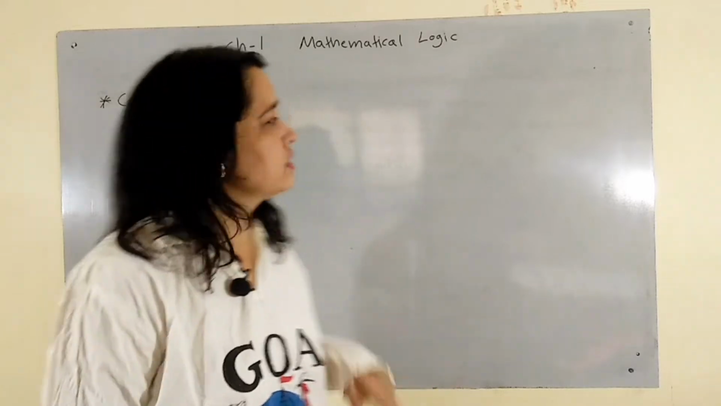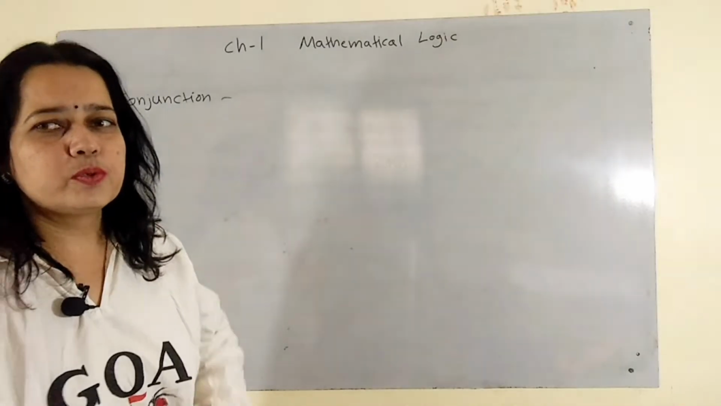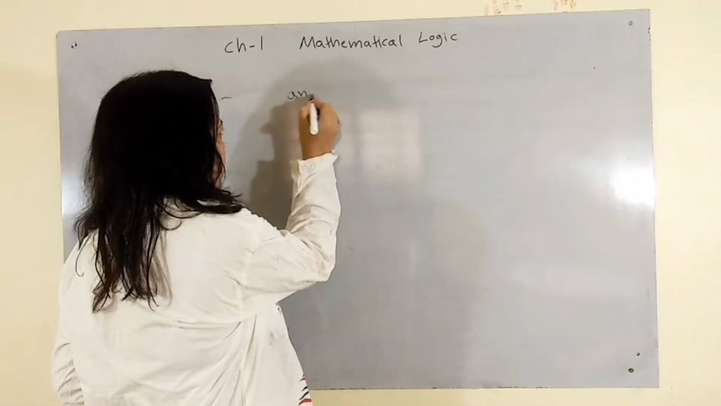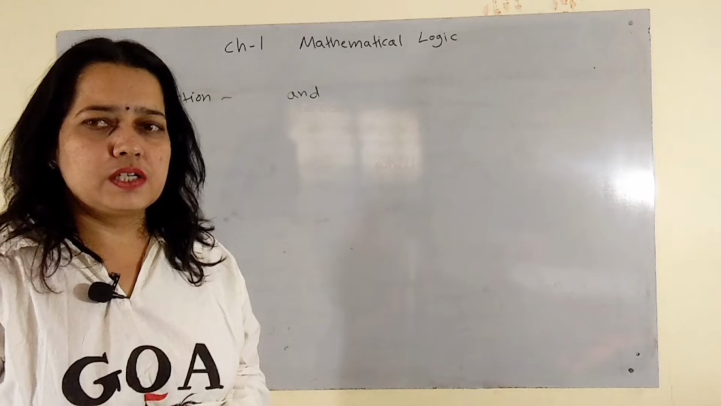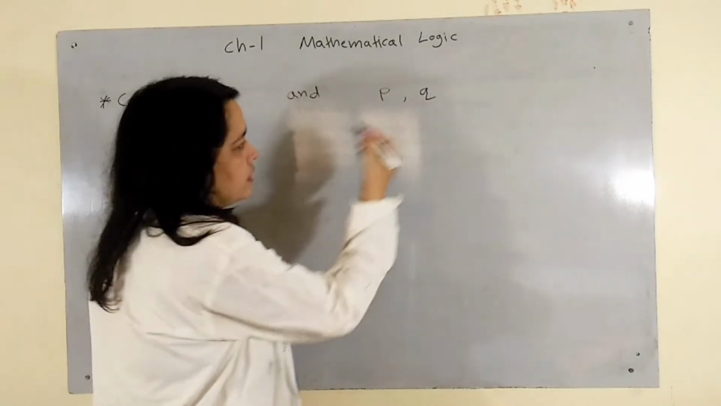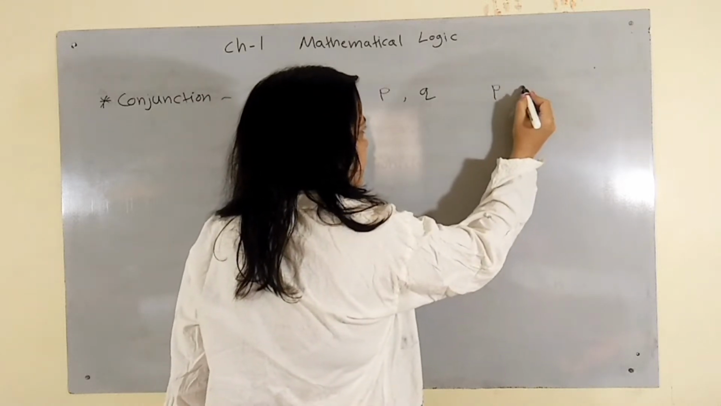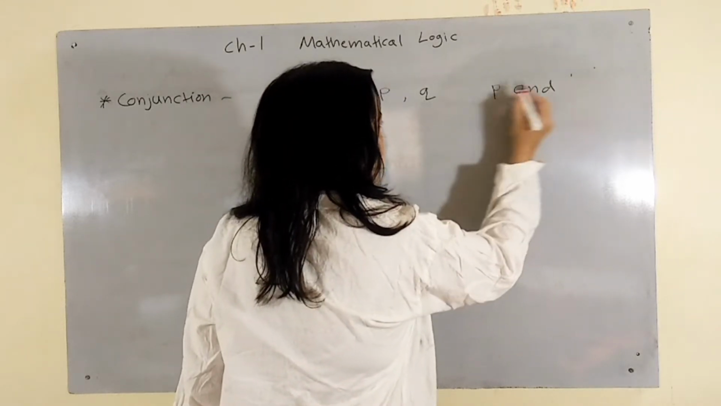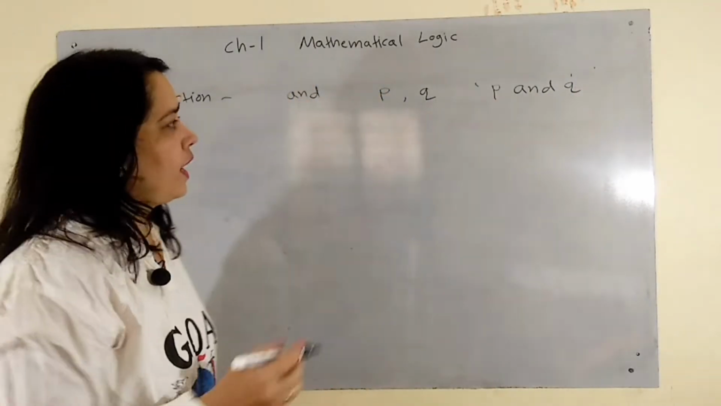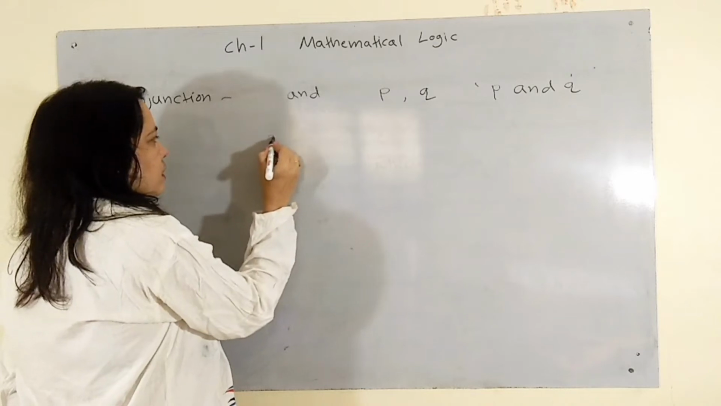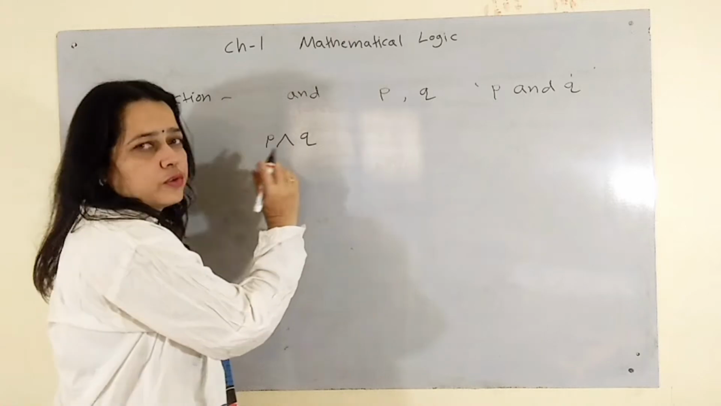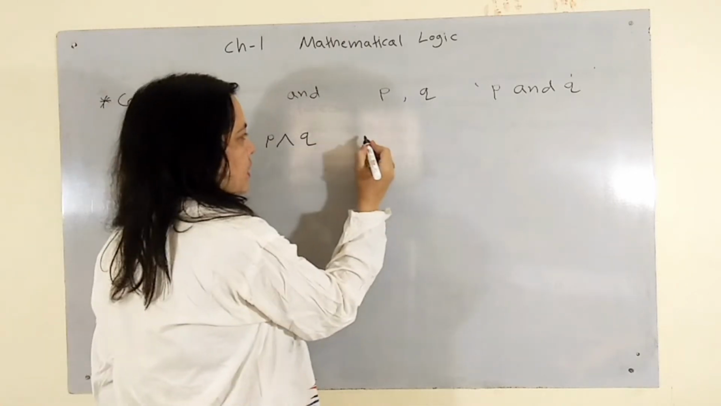Let's start with conjunction. What is conjunction? If two statements are connected by connective and, then it is called as conjunction. For example, P and Q are two statements and these are connected by P and Q. Then this is known as conjunction and it is denoted by P conjunction Q and read as